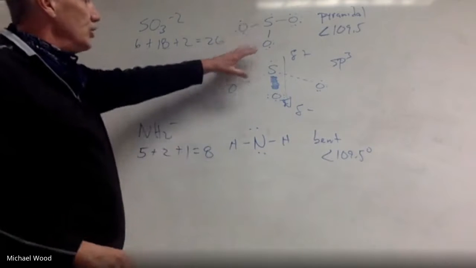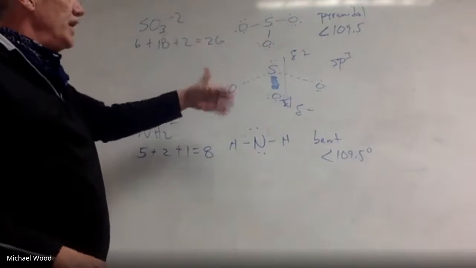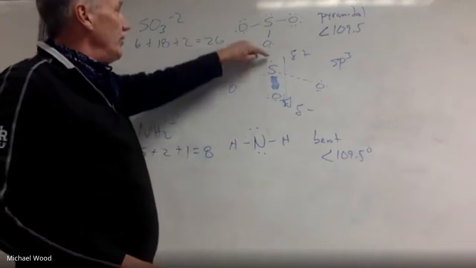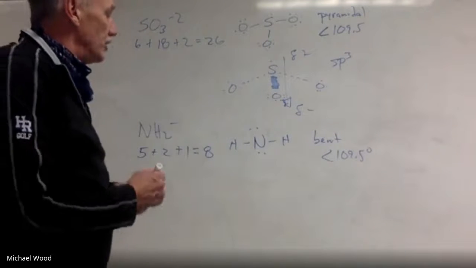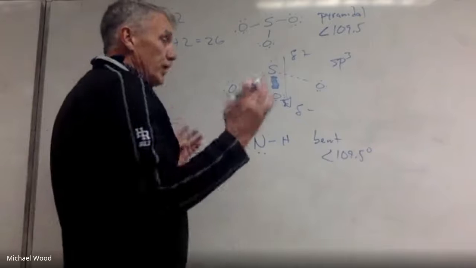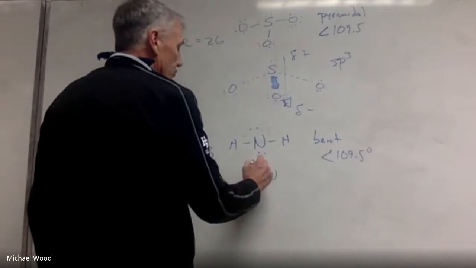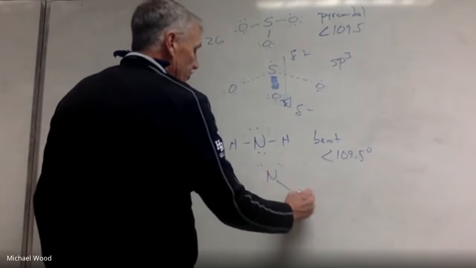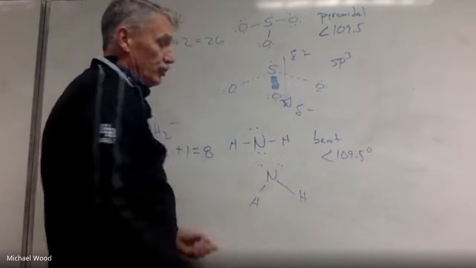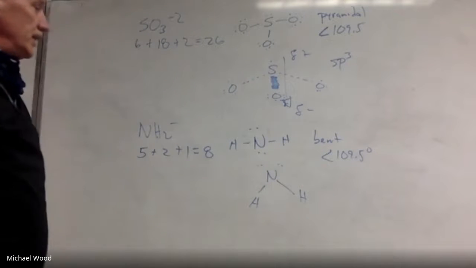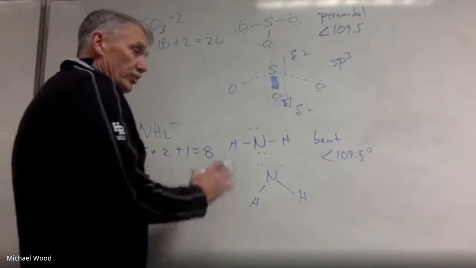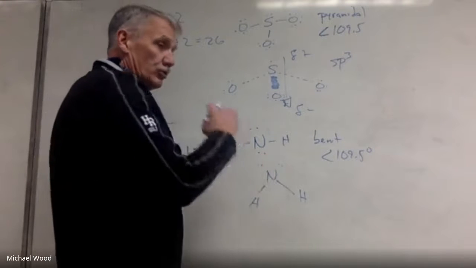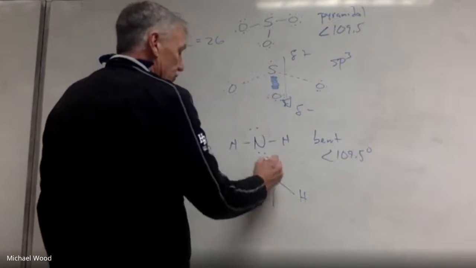Could have applied to this one, but why is the bond angle less than 109.5? It is because these non-bonded pairs take up more space, so they kind of squish the angles. And this is how I would diagram that. Bent would truly be in 2 dimensions, would look like that. This would be polar. Bent is polar, and because nitrogen is one of those 4 elements, it's really electronegative.